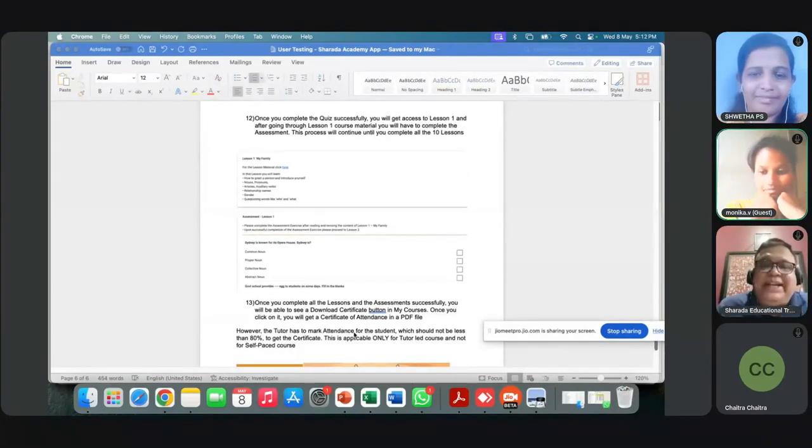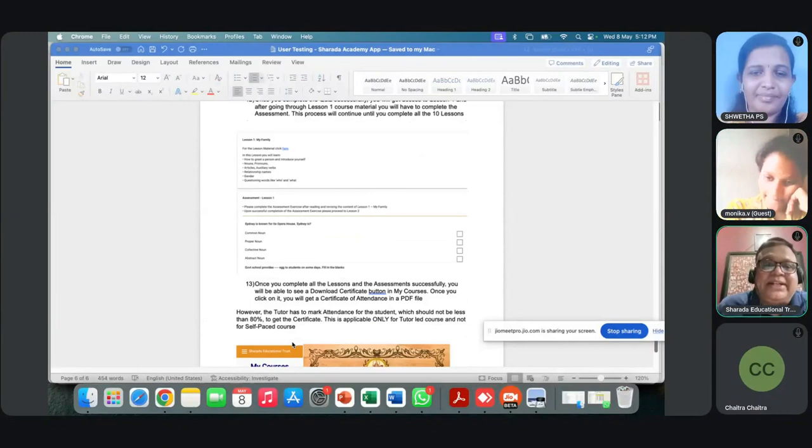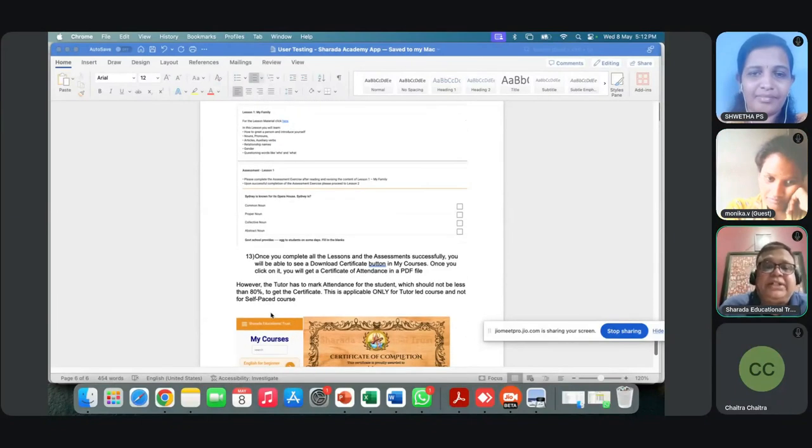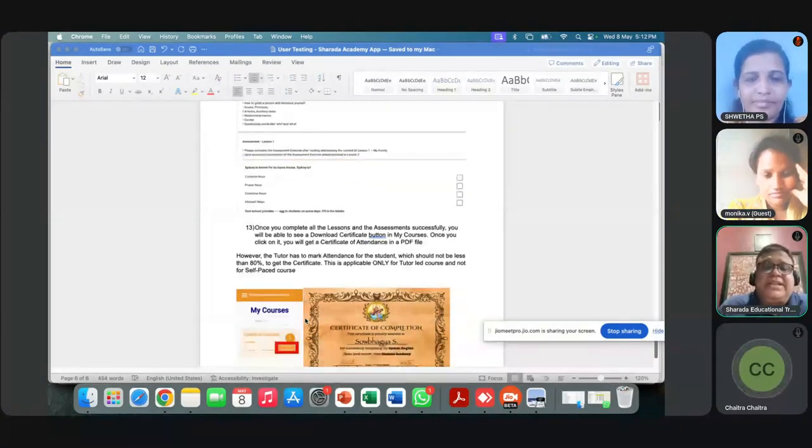So you have to complete 80% attendance to get the certificate. So who has to mark the attendance? The tutor. And this is applicable only to the tutor-led course, not for the self-paced course. In the self-paced course, there is no attendance. As I said, it is all based on